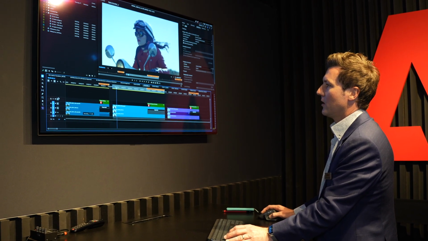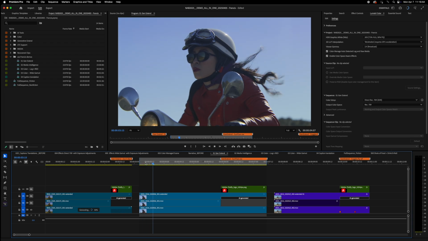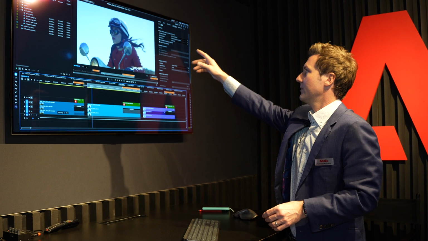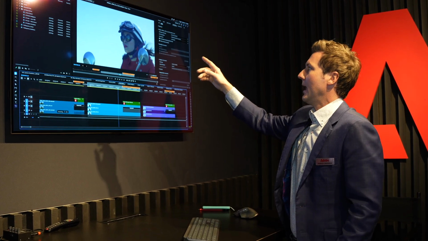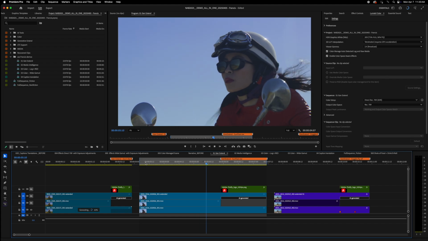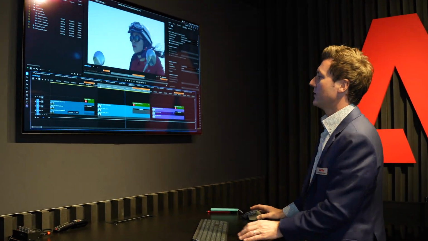Here, I'm going to turn off the layers. Here, what we're trying to solve is there's a lens flare that goes across her face. And there it is. It's kind of clear. And for a high-end, very clean project like we're trying to create, this is not so great. We don't like that lens flare going across her face.